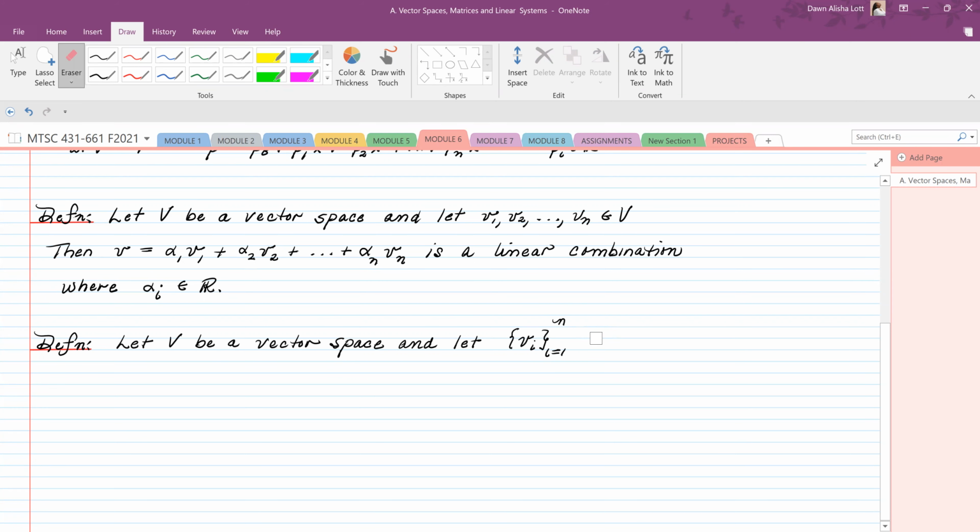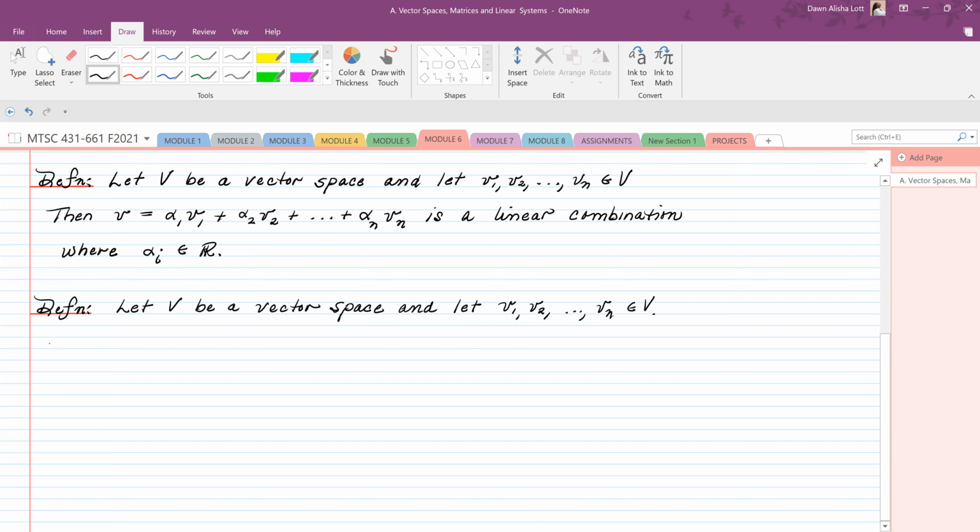That would have to be contained in V. I'm going to have to do them separately. V1, V2, all the way up to Vn be elements of V. Then the whole set is linearly independent